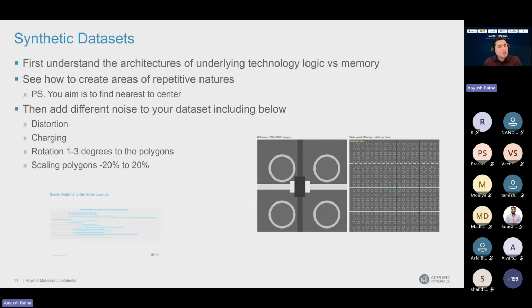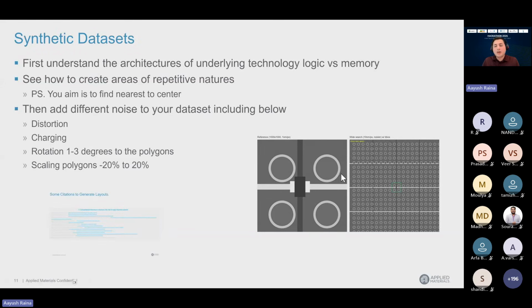First, I talked about how you should create the whole layout, like the one you saw, some layout which looks interesting to us. How to create repetitive structures. Let's say this icon is four circles, but you see there are many circles. So there is some pattern in between which helps us find it uniquely. If this is not there, you can find the same locations in different places, but in that case, if you have the same location, you find something closest to the center. But in this case, it's purely unique because it has some white and black rectangles, which force us to find it in only one unique location.